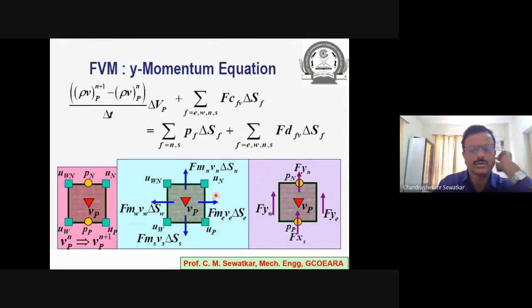So again, this is the representation of the unsteady term and the convection term, and this is my pressure force term. These are all mass fluxes which can be calculated using the expressions which we have provided to you, after carrying out the interpolation. And there is VE, VN, VW, and VS. This is a convected variable which can be determined by using the convection schemes which we have studied yesterday.